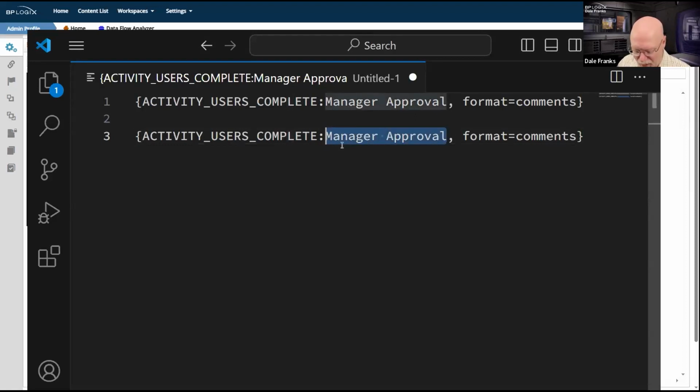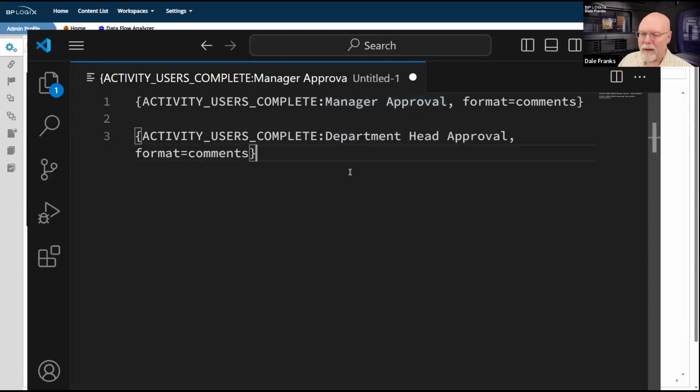So now I have the activity users complete comments formatted for each of the users for each of the two activities that might provide a result. Now, before I even put this in there, I'm going to tell you ahead of time, this is not going to show me exactly what I want.